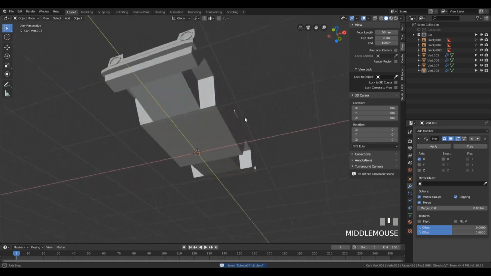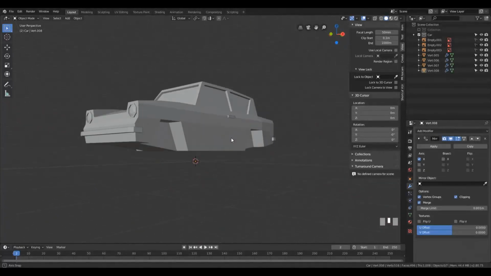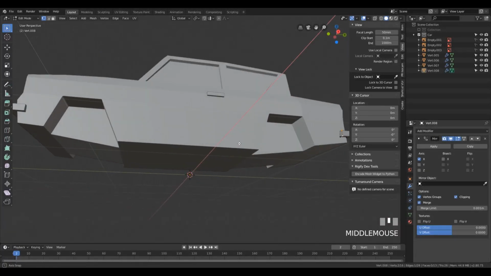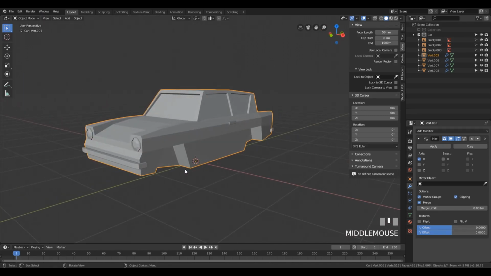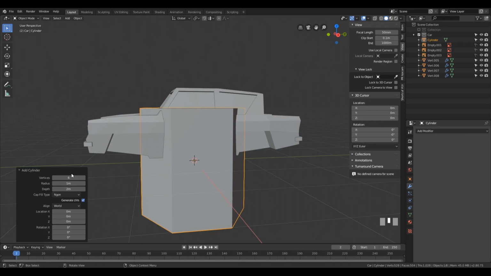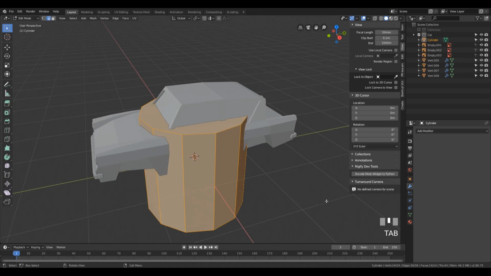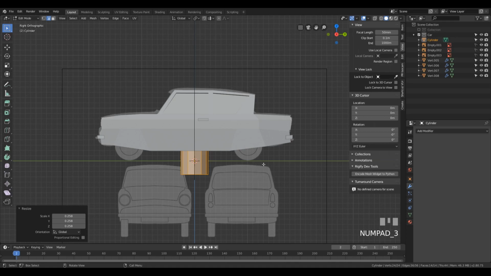And of course we would need to do the wheels, but in this case this will be a flying car, so no wheels, and we'll need something like anti-gravity engines or something like that here. So let's just add a new object while we are out of the edit mode, and let's select cylinder. I want this to be 12 sides. Let's go into the edit mode, scale it down, go from the side and press G to move it here,